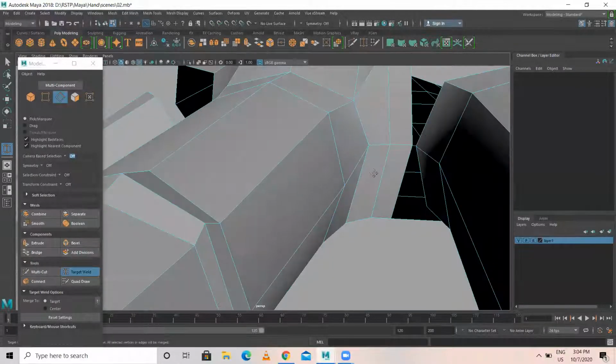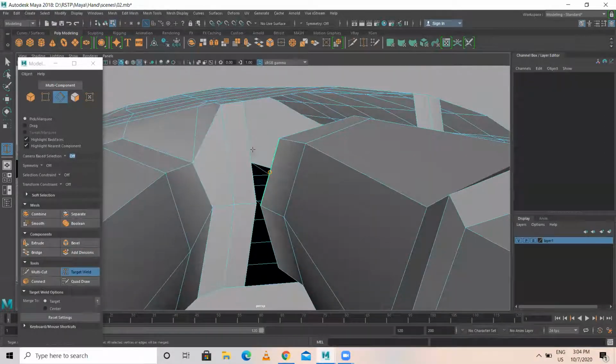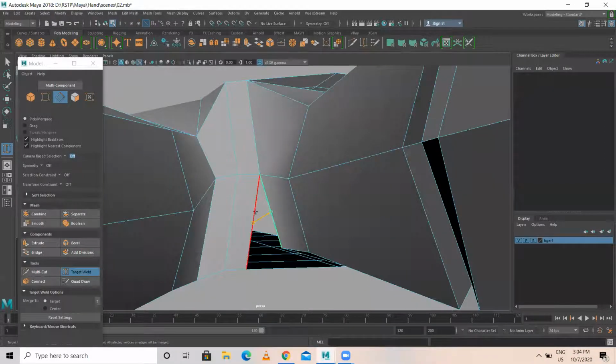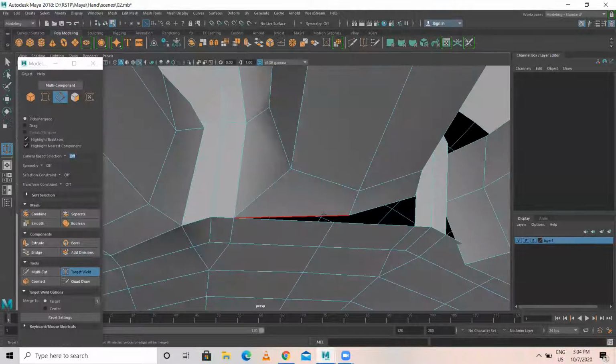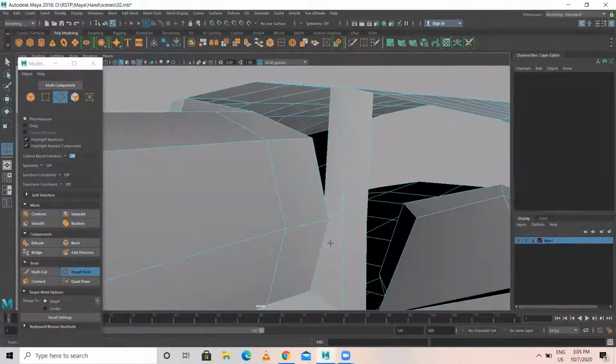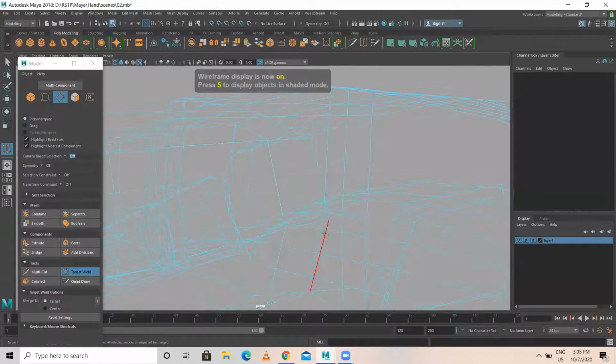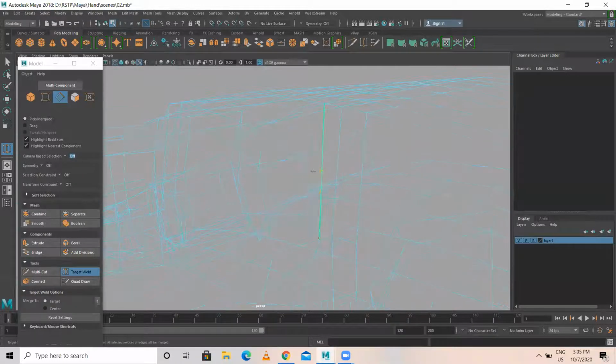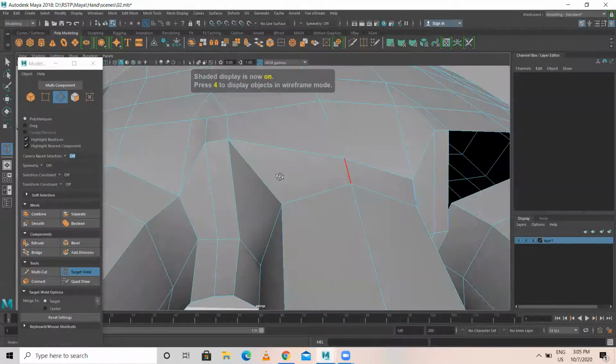We did weld it. Similarly, or else you can press 4 in wireframe mode also, you can do. So it's also done.